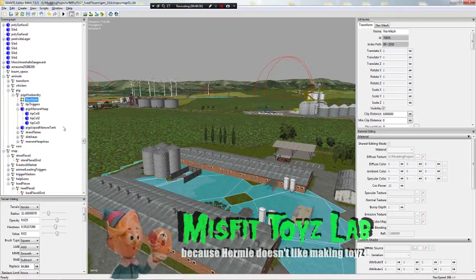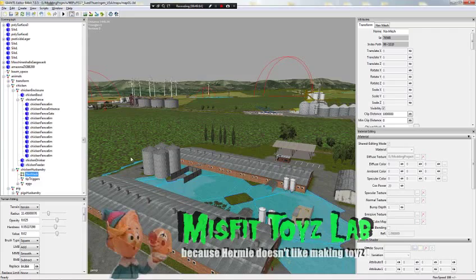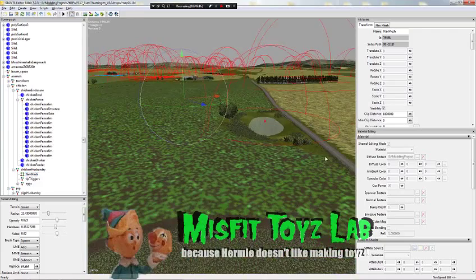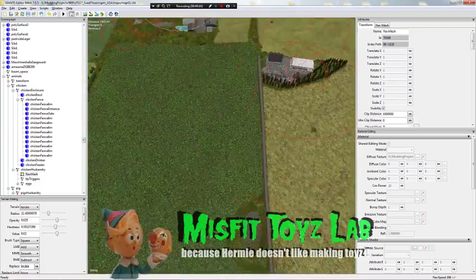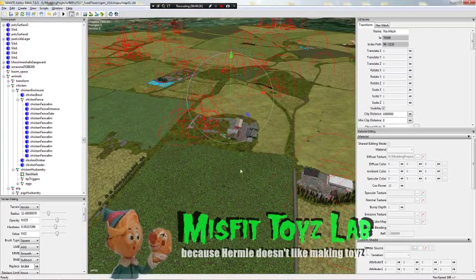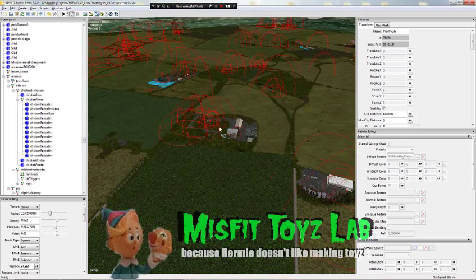And so, theoretically, if you wanted chickens running all over the map, if you went to chickens, and where is it? Oh, under husbandry. If you want chickens running all over the map, you go like this. Where are the chickens? There it is. And you go to this terrain info layer,